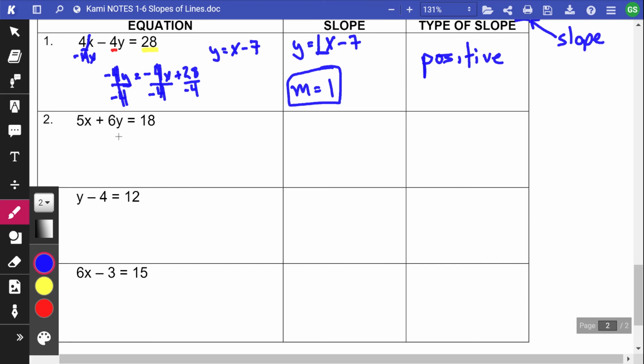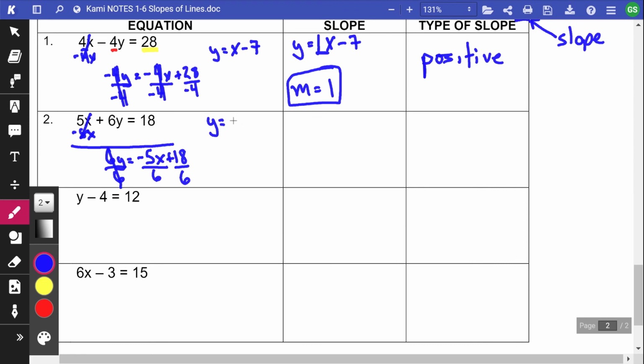So I need to get y on one side of the equation by itself, everything else over on the other side. So I'm going to subtract 5x. And that cancels that out. So what that leaves me then is 6y equals negative 5x plus 18. Now I have to divide by 6 to get rid of that 6 in front of the y. Divide by 6 here, divide by 6 there, and that's going to cancel that out. So that leaves me with y